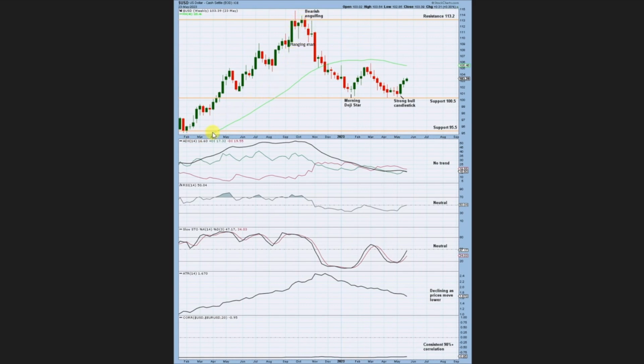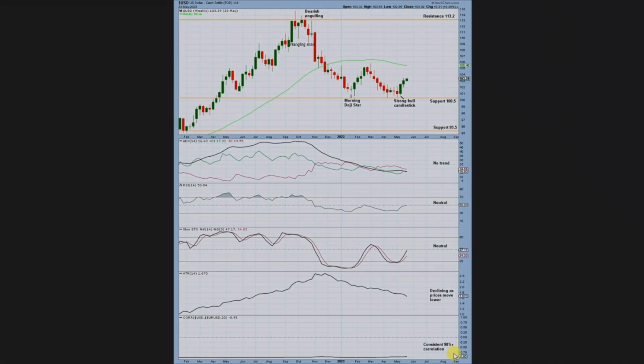This is the 200-day moving average. You can see price is trading below and it is sloping down. ADX indicates no trend, RSI is neutral, stochastics are neutral, and the average true range is declining overall as price moves lower. On the weekly, the correlation between the dollar and the euro dollar also sits at 90% with an